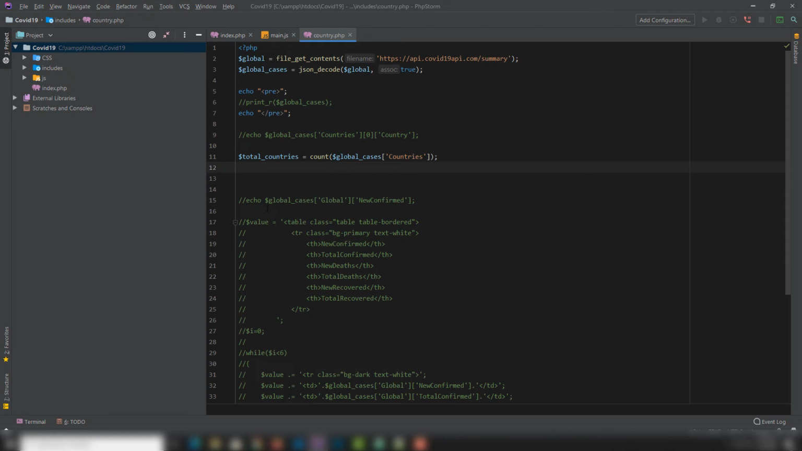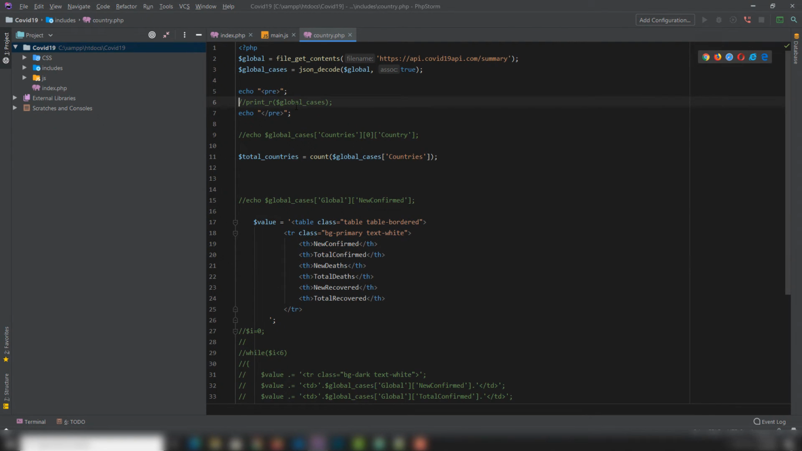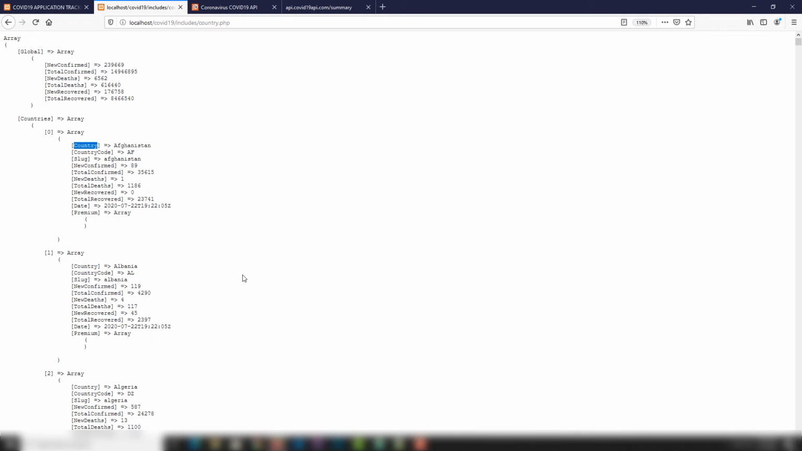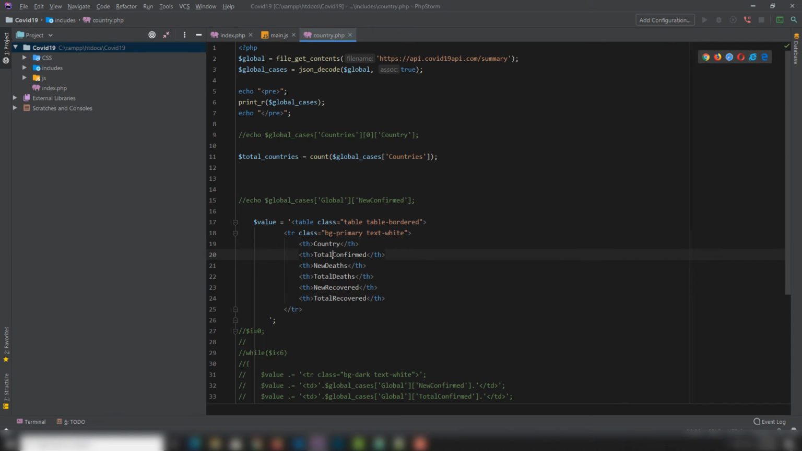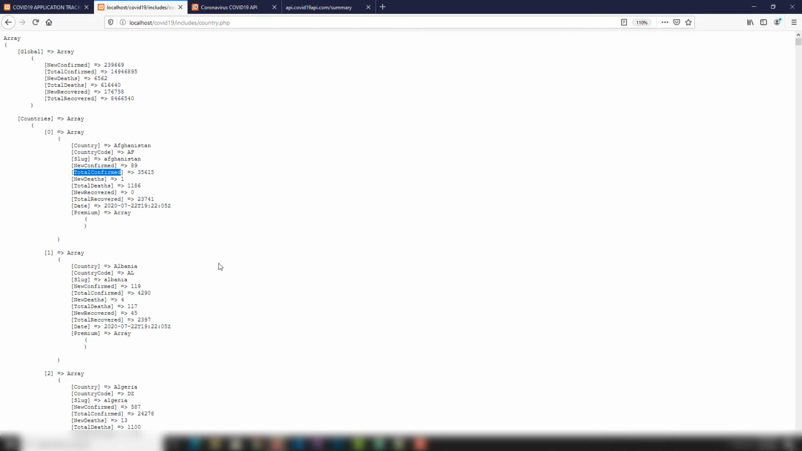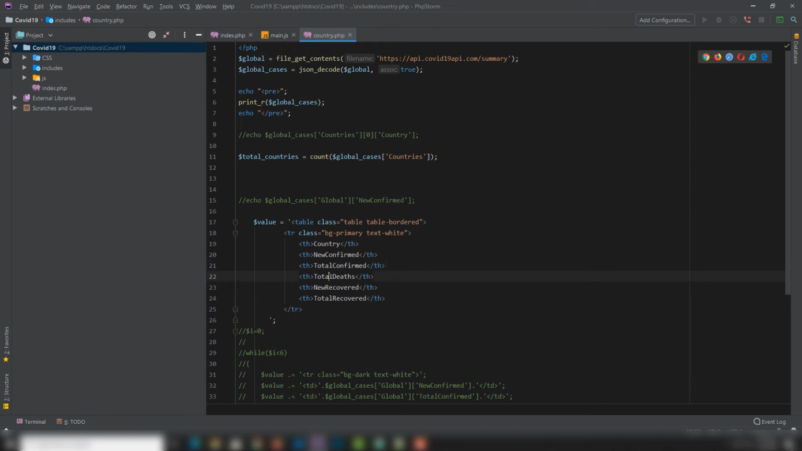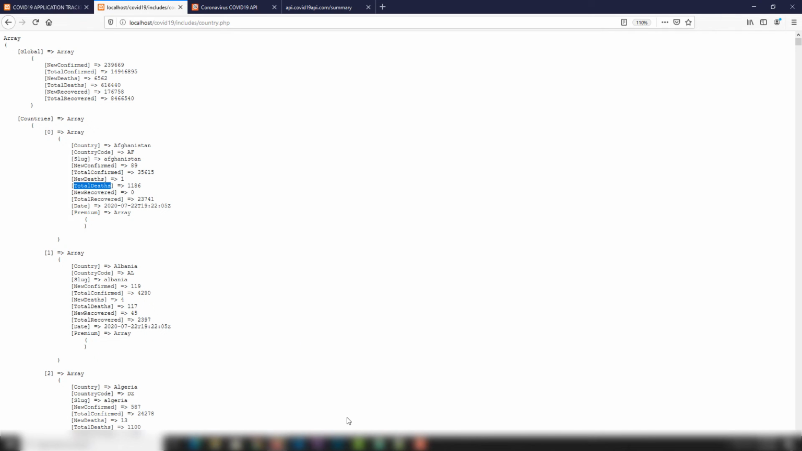So I'm gonna comment out. First I'm gonna use the same thing like this, right? And we need to change the value there. Which value? Just a minute. I print out. After that, I want to display the country, so I'm going to copy that and paste it there, and country code I'll leave that, new confirmed, right, and total confirmed, right, and new deaths and total deaths,